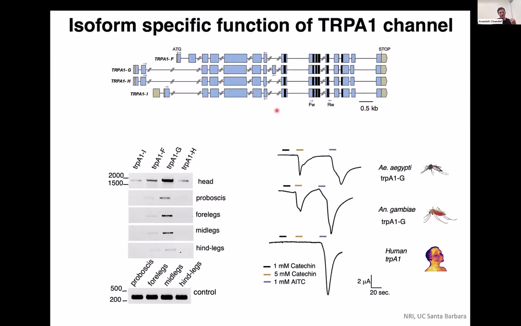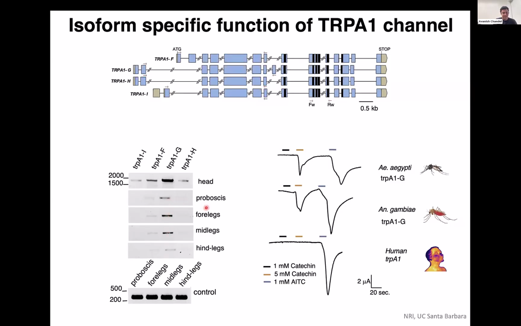So we tried to explore which specific isoforms of TRPA1 are involved in the chemosensory mechanism. So we performed PCRs by isolating RNA from the labellum as well as the forelegs, mid legs, and hind legs, and we performed isoform-specific PCRs for these different isoforms, and we found that a specific isoform called TRPA1G is mainly expressed in